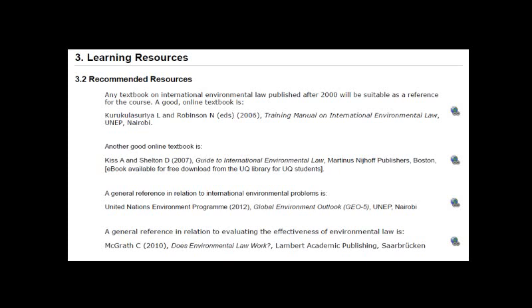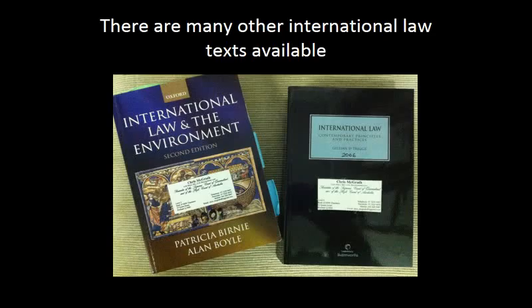In terms of learning resources, you don't have to buy any books. There's an online free textbook that I've given you a link to. There's a few online free textbooks you can get from the library as well. And there are books that you can buy. So these are just a couple off my shelf. I particularly like the one on the right, Gillian Triggs from 2006, an incredible Australian international lawyer, who has been in the news a lot in the last decade fighting with the federal government over human rights.